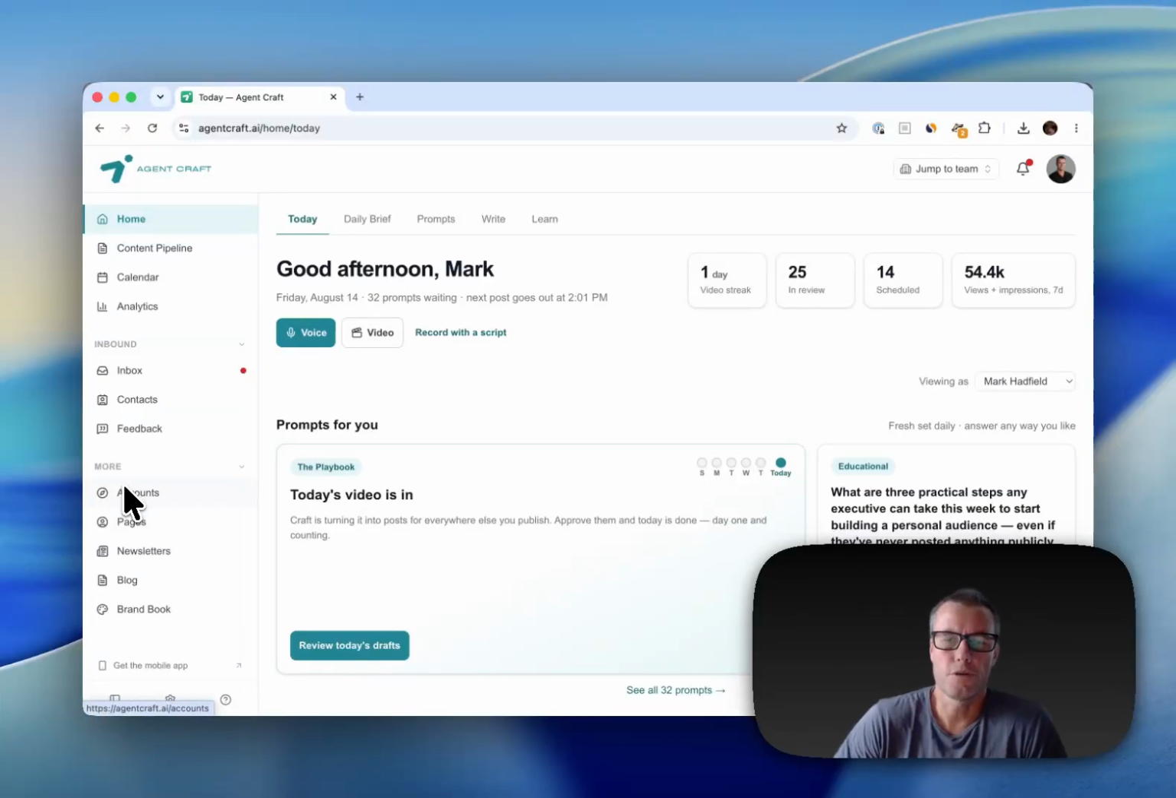Right. So one question you may have is, how do you write with AgentCraft? And I guess the first question will be, why do you want to write with AgentCraft? Because you can just use your phone and just record a voice note and it'll write for you, or you can do a video recording and you don't need to write. But I get it, some people want to write, and you can in fact write with AgentCraft and Claude to